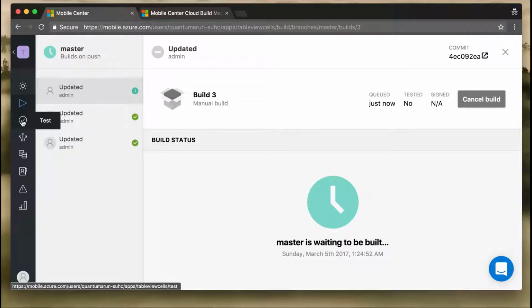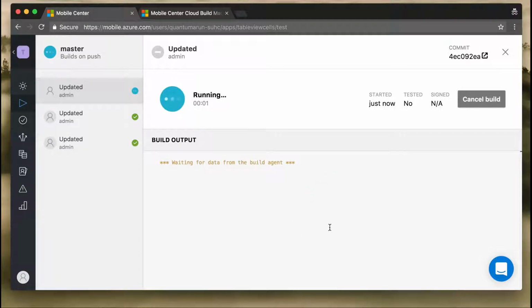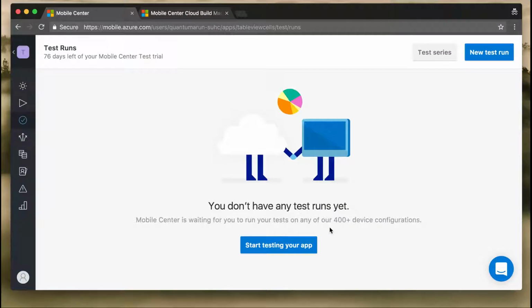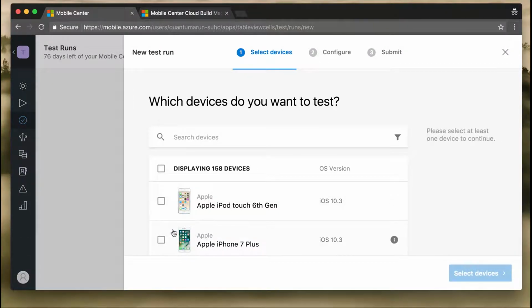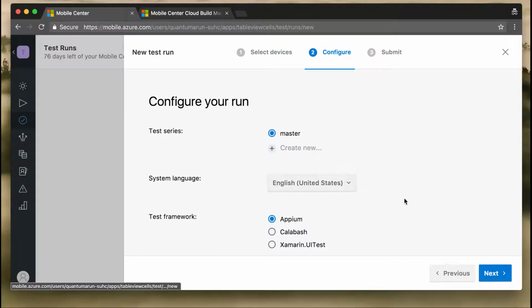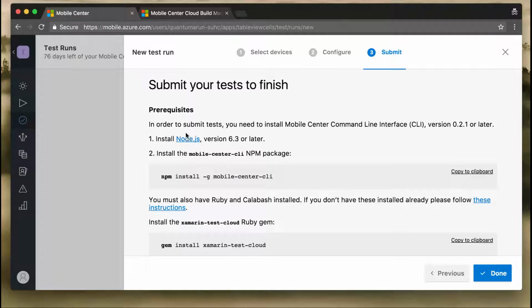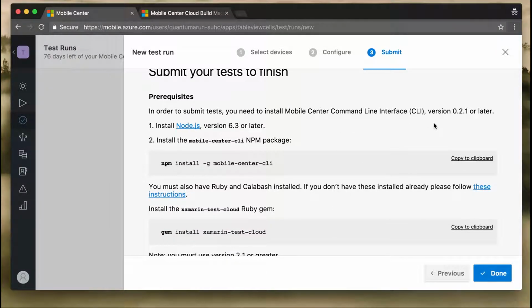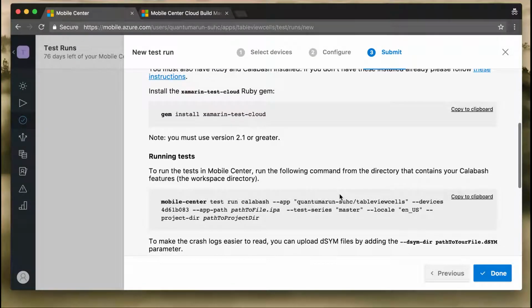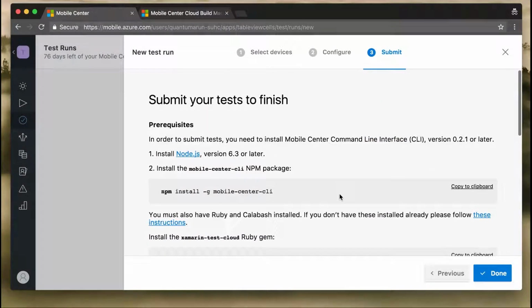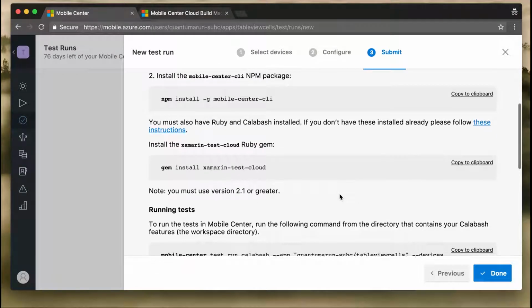Then we have test cases. If your app has tests, then you can integrate that here directly in the Mobile Center. Currently, executing the test is a manual step where you have to set up all these things. You can select the device, and then it asks you what type of test you have. I'll say collaboration something, and when I click, it says that you have to set up a few things using the command line interface of Mobile Center. You can run the test, but soon the support for integration with Hockey app and Xamarin Test Cloud